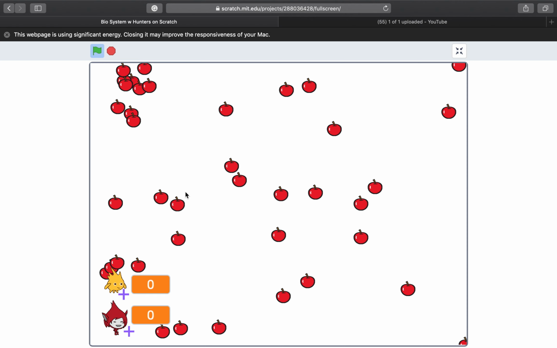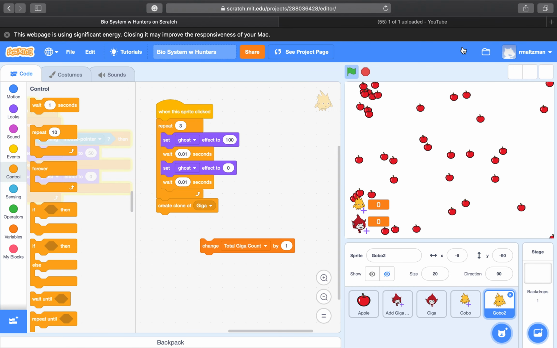So my question is for you, as you make this system, can you make a sustainable biological system by changing some of the variables and experimenting with the variables? So right now, one of my criticisms, I think, is that these guys probably have too many kids. So I'm going to decrease how many kids they have. And another reason we're doing this project is to show you the power of naming your variables. I know there are a ton of variables in this project,